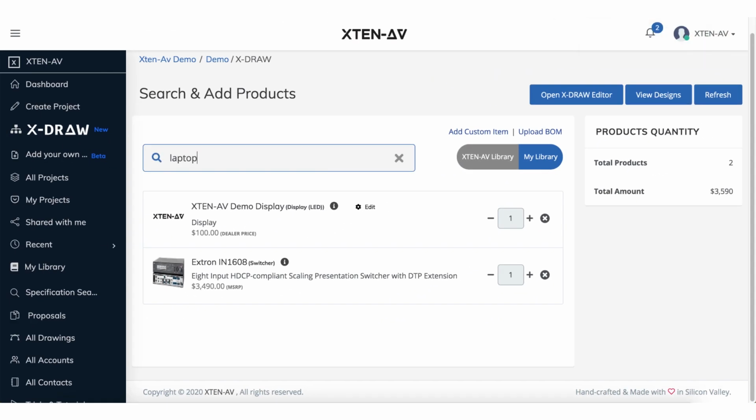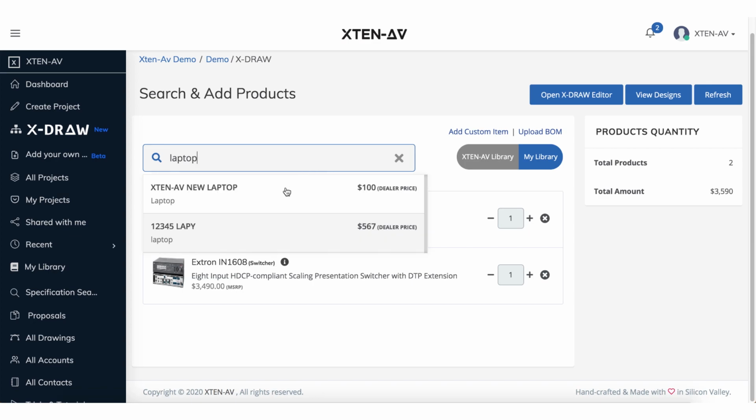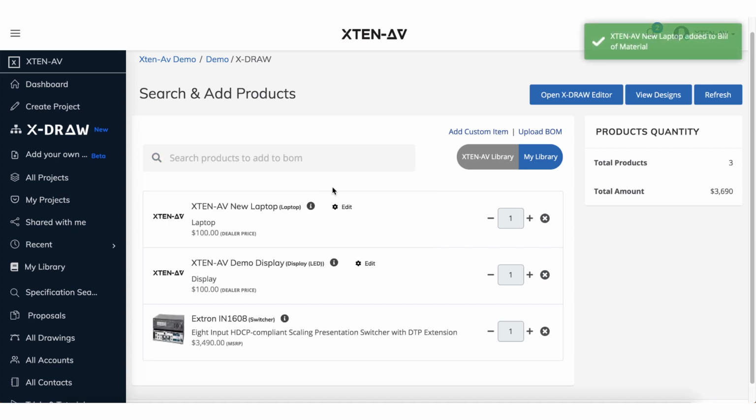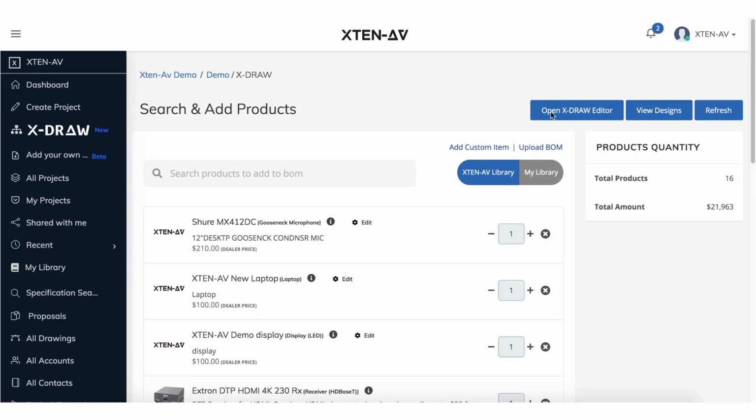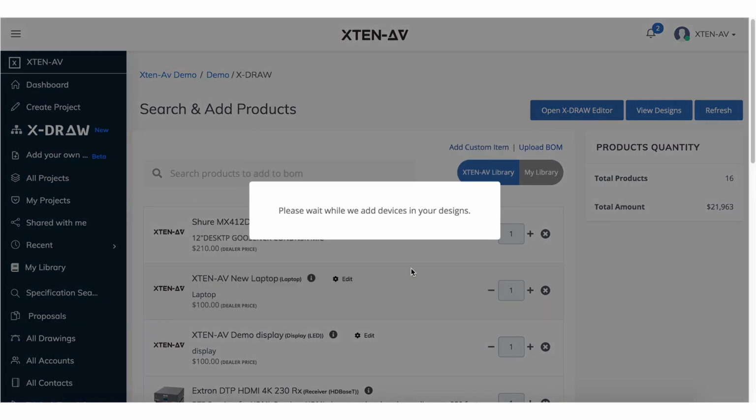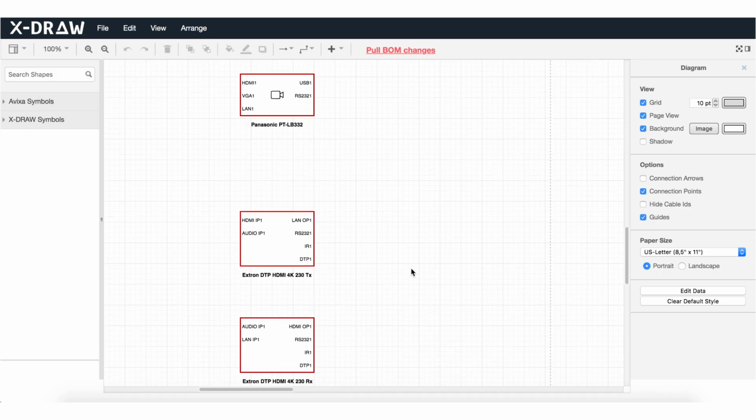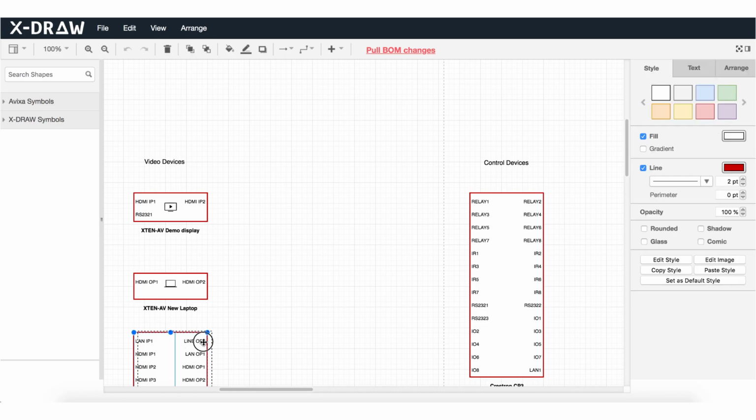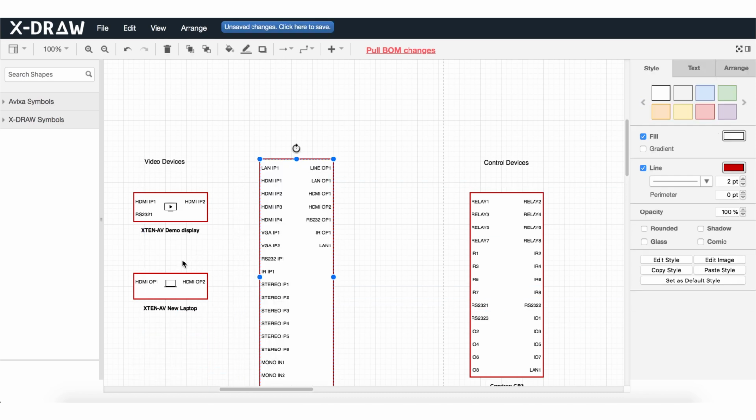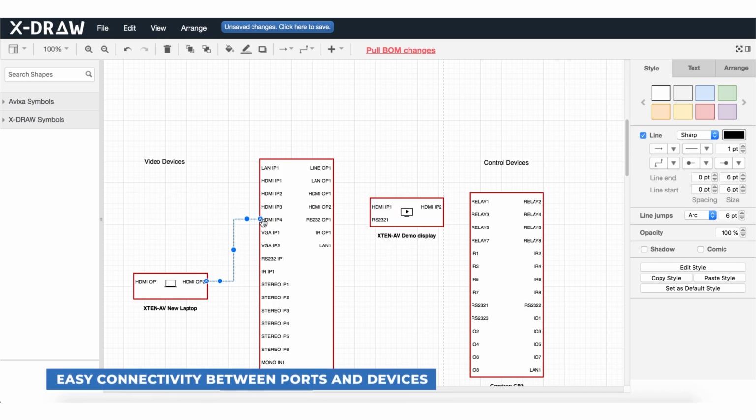In the future, you can search directly from My Library and find the products created or edited by you or by your teammates. Once you have added all the products, switch to the XDraw editor. Here you will find all the blocks of the products added in the BOM, and now you can easily make the connections between the devices using the comprehensive drawing tools available in XDraw, such as easy connectivity between ports and devices,